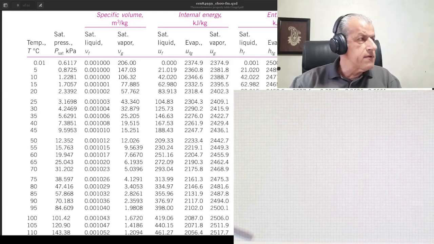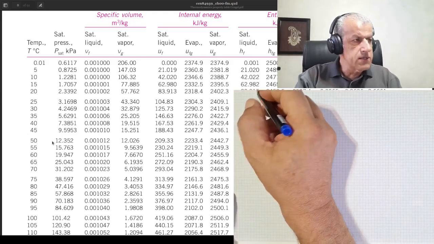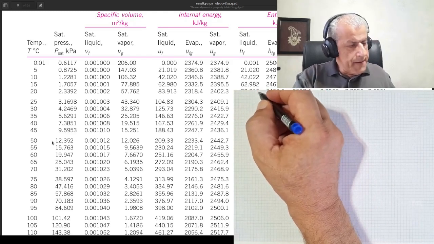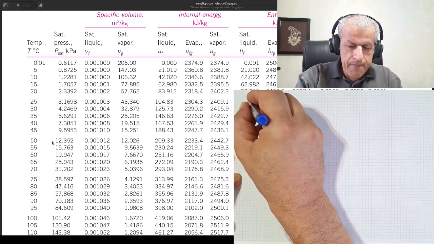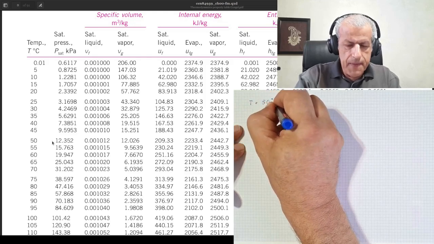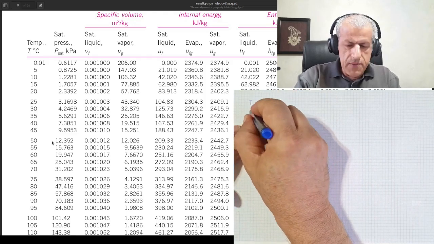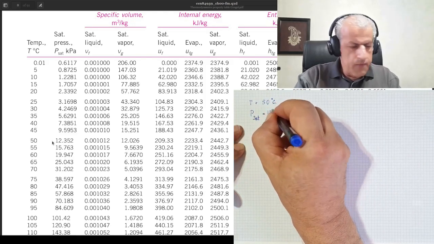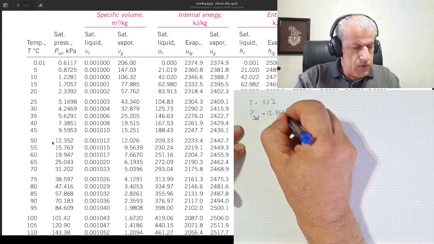Well, we have it here, and for temperature 50 degrees C, the saturation pressure is 12.352, and I just write it down here: T equals 50 degrees C. Saturation pressure P sat equals 12.352 kilo